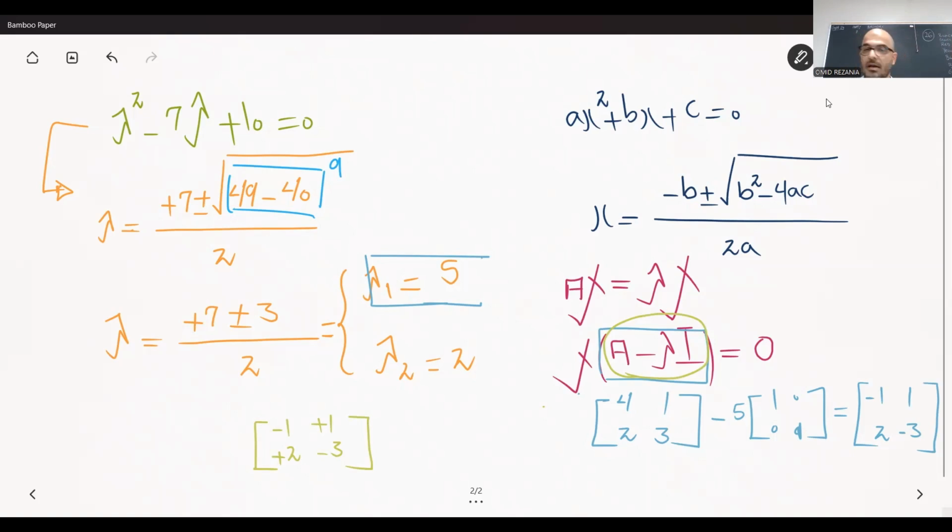Now, what I'm going to do is this. I know that this is a 2 by 2 matrix. Then the x that I'm looking for is also a matrix. Because they are going to be multiplied together, I know that it has to be compatible with that, right? Then if this is 2 by 2,